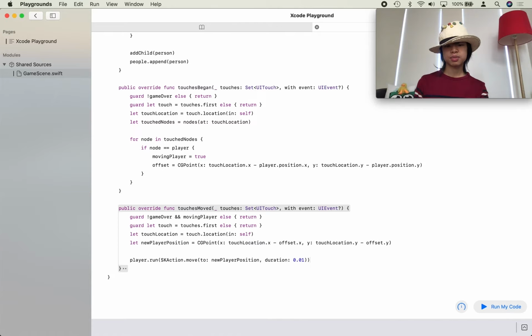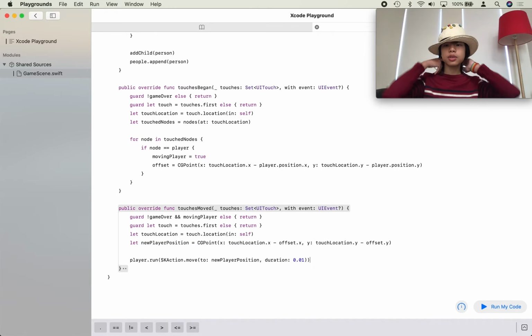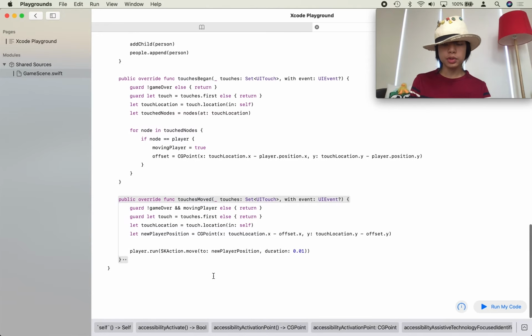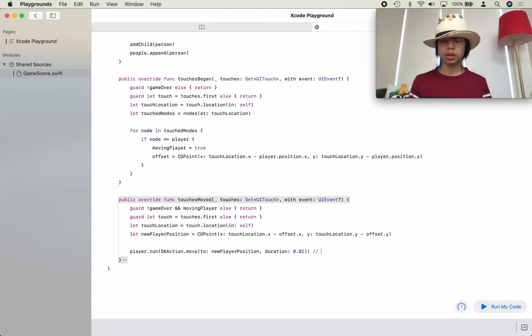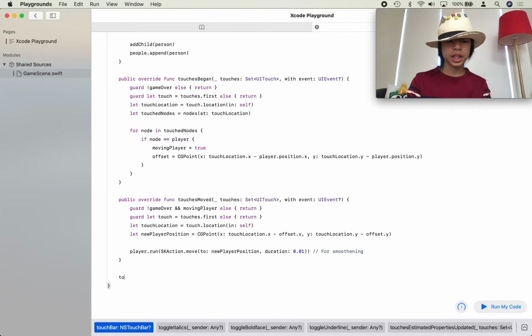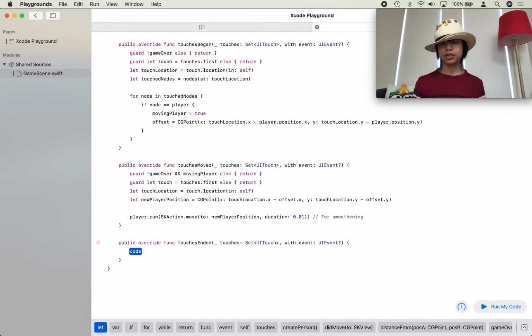I'm just going to make this 0.01 seconds, because it's fairly quick, but we just want this to be smoothened. If you want, you can even add a note here if you don't really understand. It's just for smoothing. So if you're coming back to this and you don't understand what this is for, it's to smoothen. Yeah, so that's why comments are good. And of course I already explained it, so you don't really have to add the comment. I'm just adding it there to make it easier for me if I ever want to